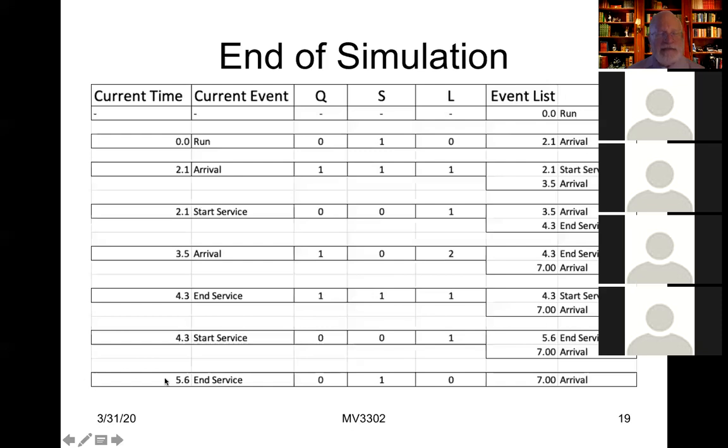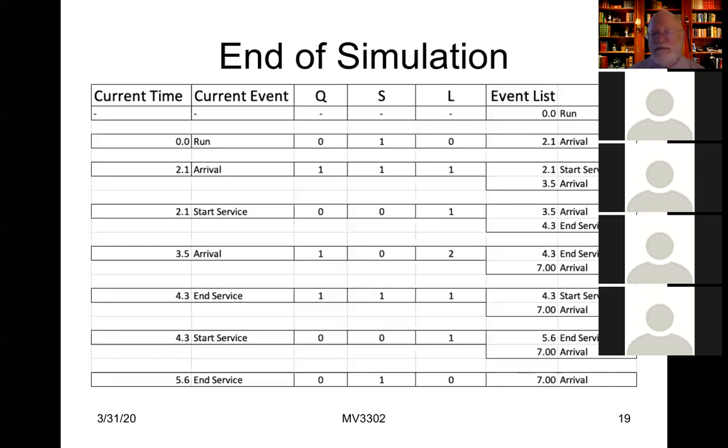At the end, the simulation just knows this. It knows that it's time 5.6. It knows that the state variables have Q0, S1, and L0, and that at this particular time, there is still an arrival event at time 7. And if we have decided that this is going to be the stopping criterion, that is, we're going to end it after 2 end service events, there's one here and one here,